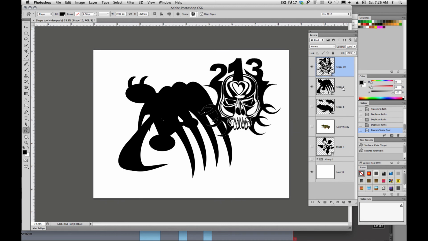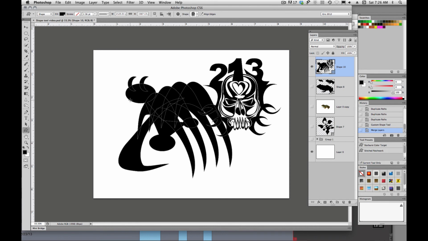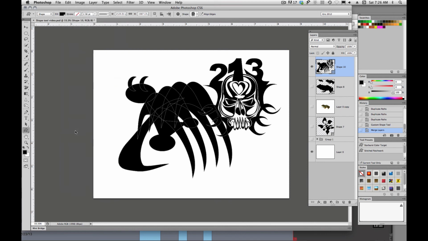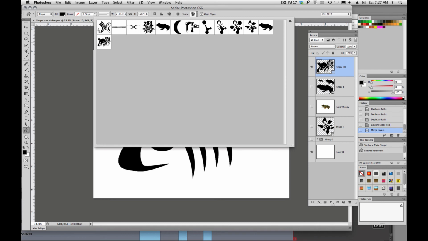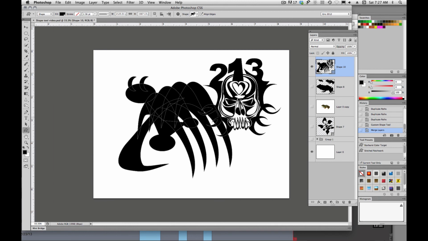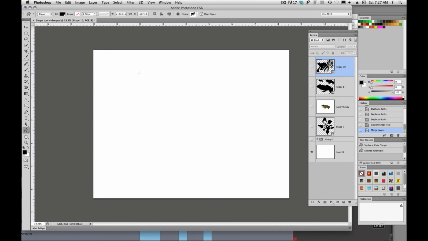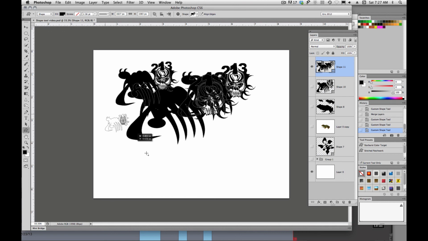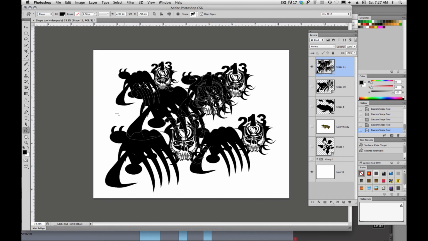Oh, and it didn't get added, so how do we do that? We're going to shift click those two layers and we're going to say Merge Shapes. And once we do, we could come up here and say Edit, Define Custom Shape. And we'll go up here and we'll see that we have a new custom shape up there. And I could combine custom shapes. I'm just holding down Shift. So you can kind of see how you can get